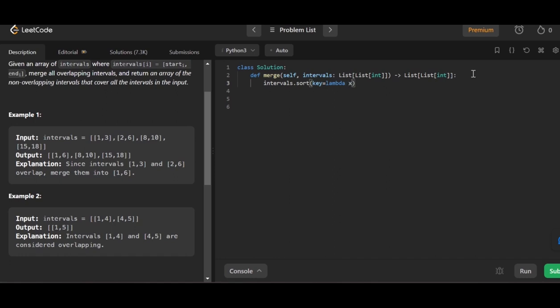Such that x of 0. So we are sorting on the basis of the first element. Now to get the output, we need an empty list, which we are creating. Let's name it merged. This is empty. We are using it to store all the merged intervals which we will be finding. I hope people you are able to understand what I am saying. Now moving forward, what we will be doing is